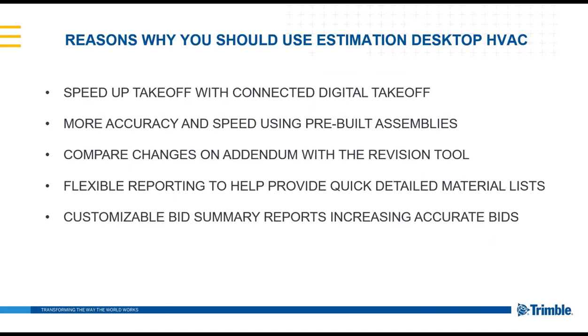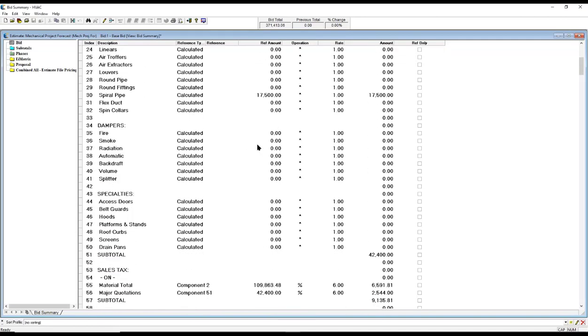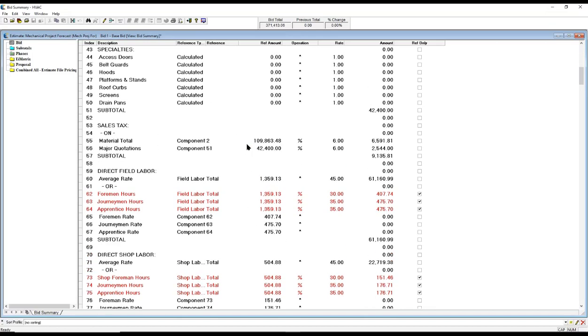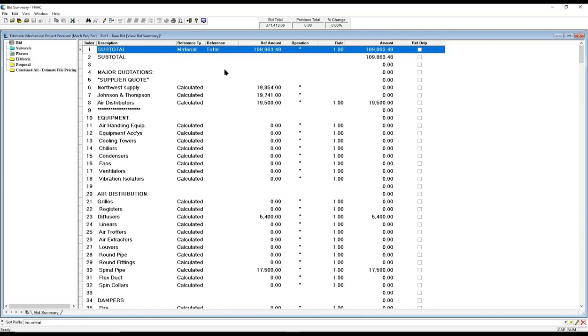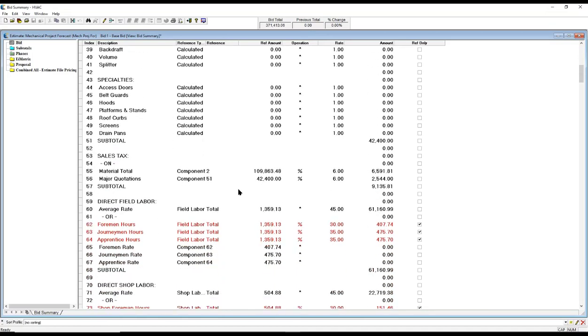There are also customizable bid summary reports used to identify overhead, profit, taxes, and rates and help the contractor be more accurate. When the contractor is working with the bid summary, it automatically pulls in the total material cost associated with the job, as well as the labor hours in the field and in the shop. He is then able to plug in any other costs associated, such as quoted items, whether it might be air devices or any type of equipment,